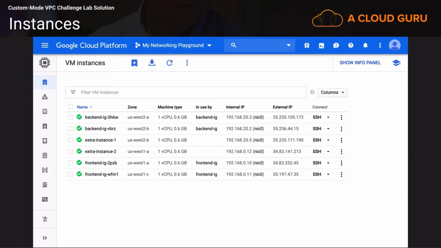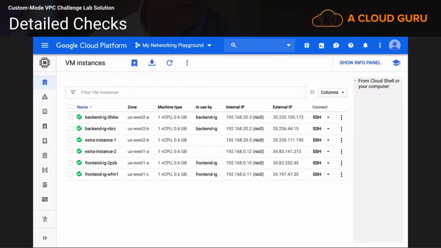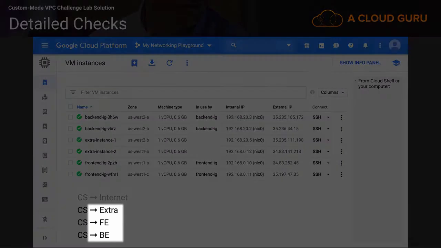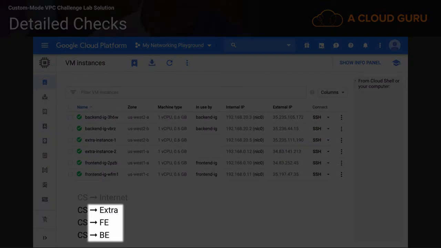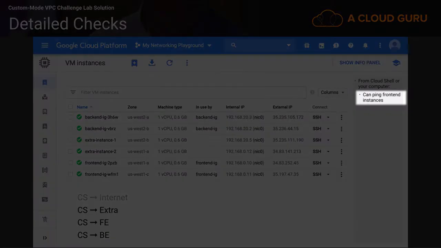In any case, let's walk through all of these test cases, but let's start with the requirements that we've been given, the ones that were spelled out in the challenge. The verification part started out by saying, from Cloud Shell or your computer. This is talking about the situations where, when you're using Cloud Shell, you try to connect from there to somewhere else. In particular, what we care about is trying to connect out to one of the front-end, back-end, or extra